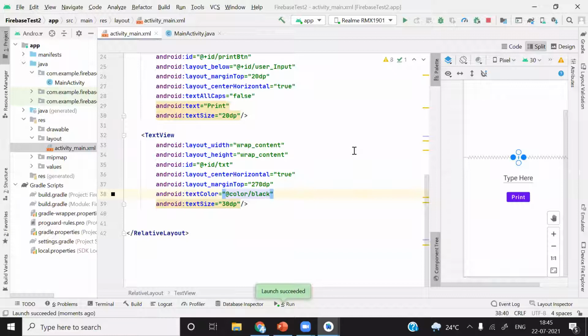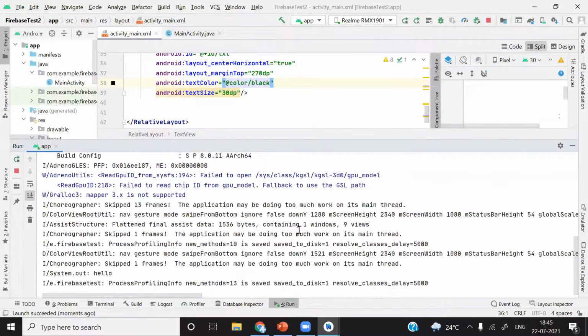Now I will type hello again. You can see that after pressing print, the hello is there. Also, we will check the run. You can see hello here also.